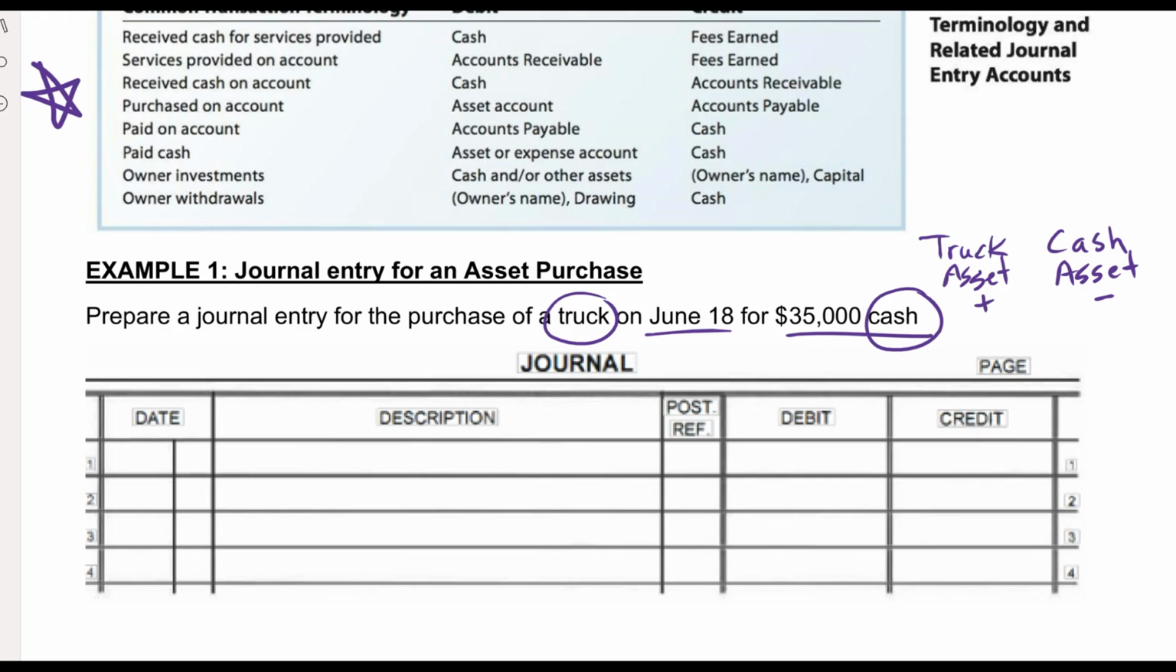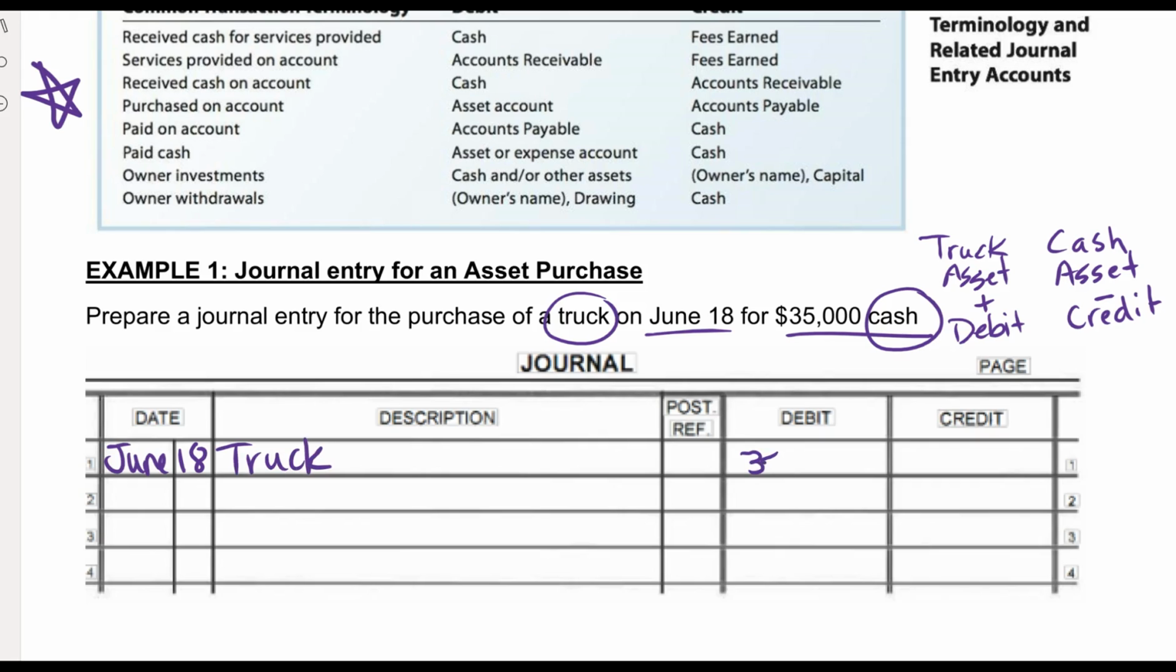Well, look back at your chart on page 2. How do we increase assets? We increase assets with a debit, and we decrease assets with a credit. So there you have your journal entry. You'll put the date in, and you will debit truck